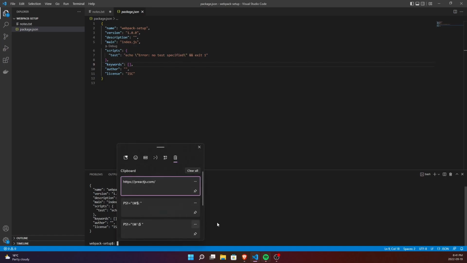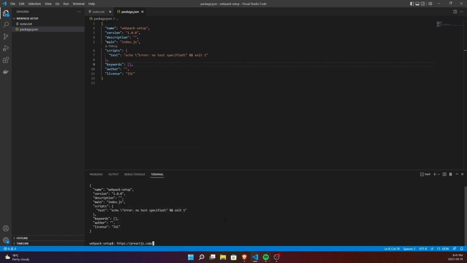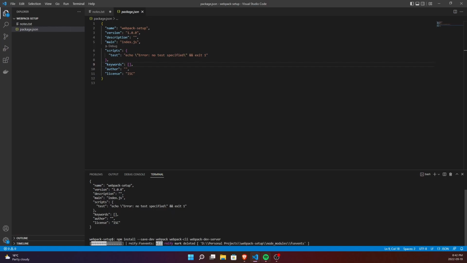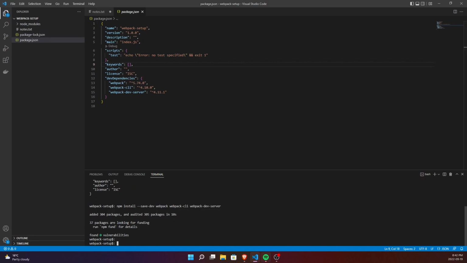So we'll be installing. I guess I cannot copy today. Let me see. Yeah, we'll be just installing all these packages down here. Let's just give it a second. We have the Webpack CLI, and Webpack Dev Server. The other things which we need are a few of